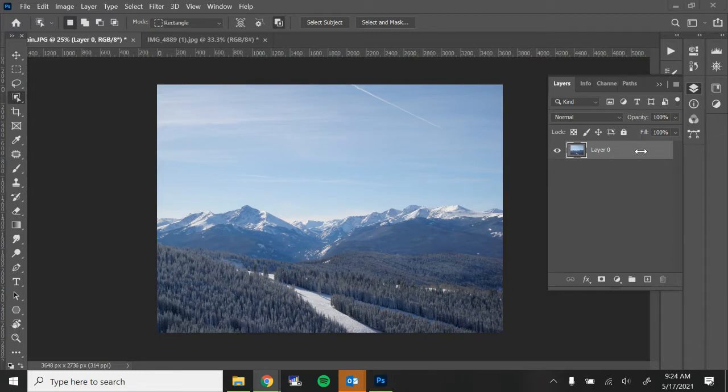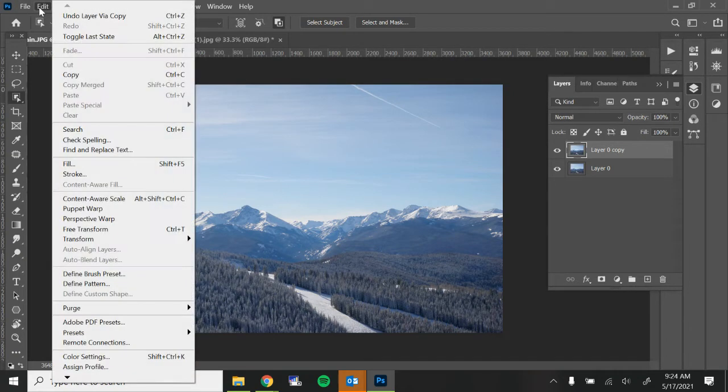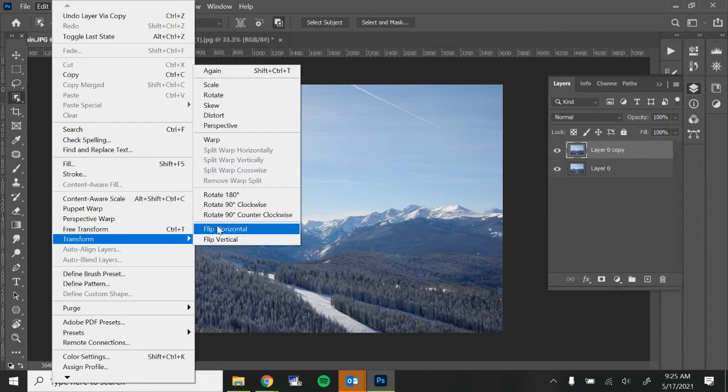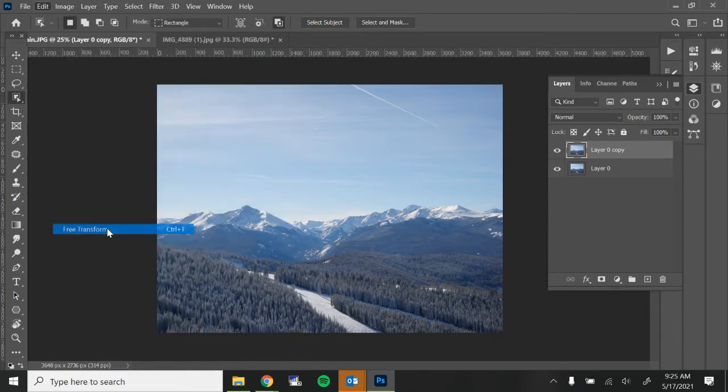That's going to be Control J. So you'll have your copy of it. We're going to transform it. So you can do Control T for transform. That's going to allow us to rotate. You can also change size with that. Otherwise, you can go to Edit, Transform, and then we'll do Rotate, or you can do Free Transform,